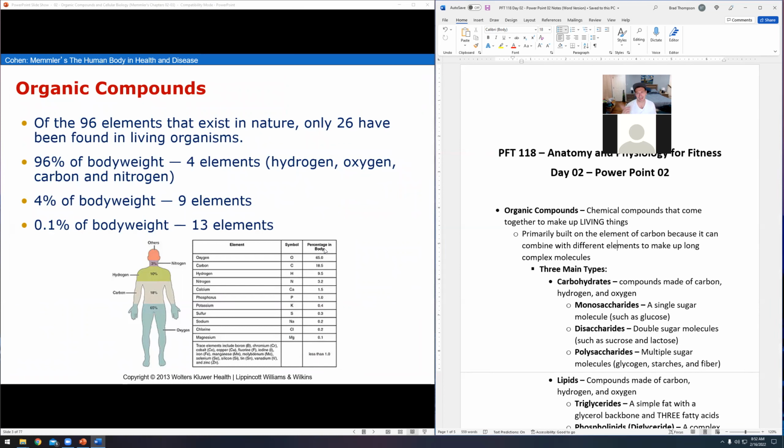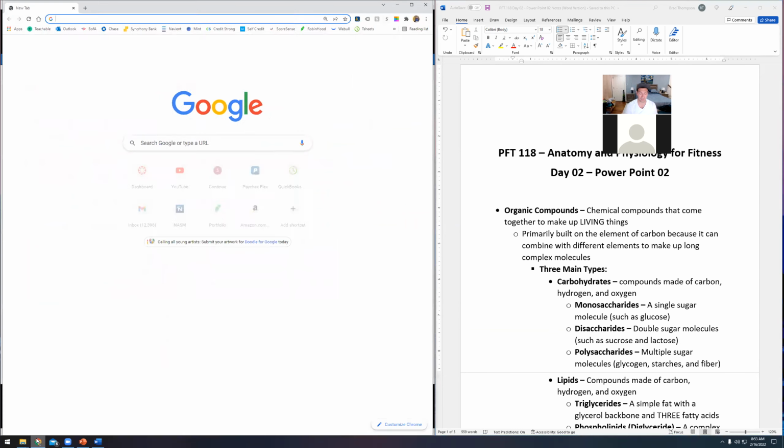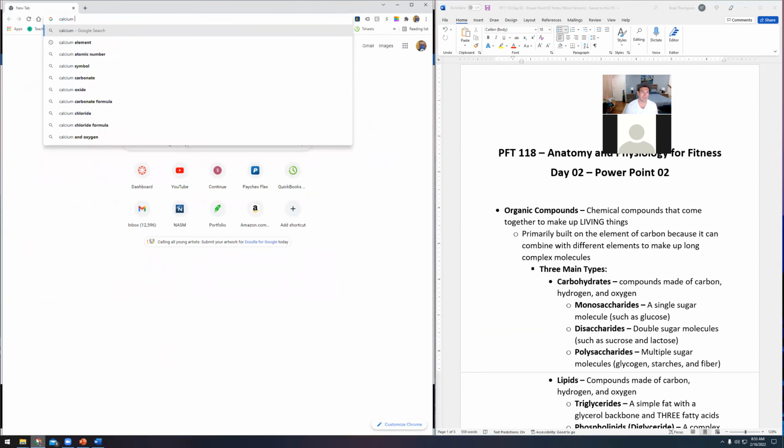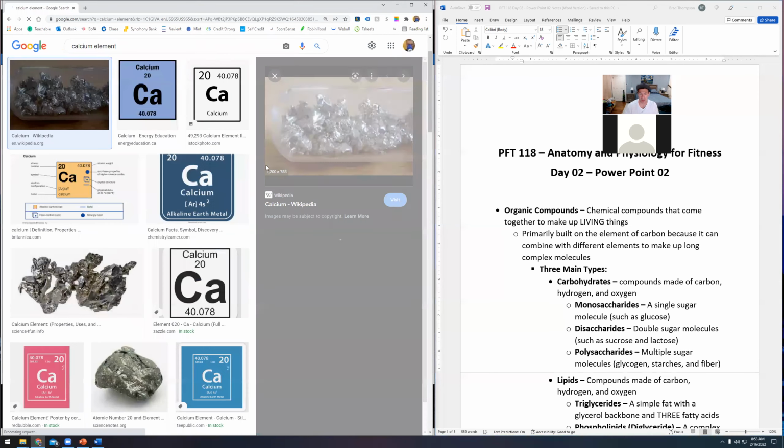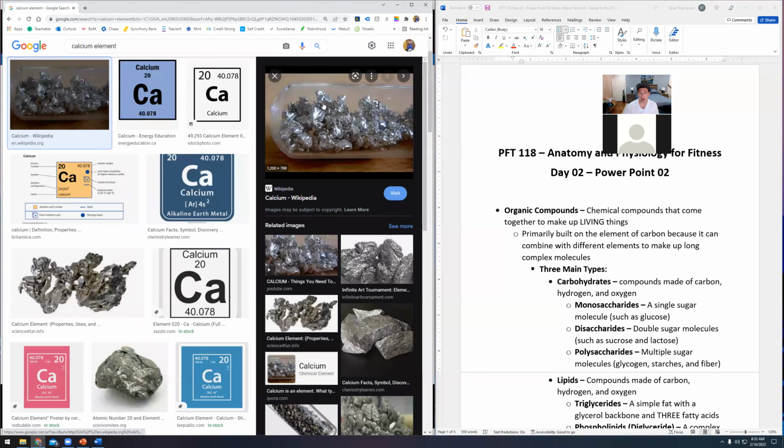This is now, I'm stepping outside of... I'm probably way off on that. But those things make up our body, right? They make up a very small part of our body. But if you look at calcium, it looks like this. Actually, it's a metal. It's a metallic looking rock there. That's the calcium that's making up your skeletal system.